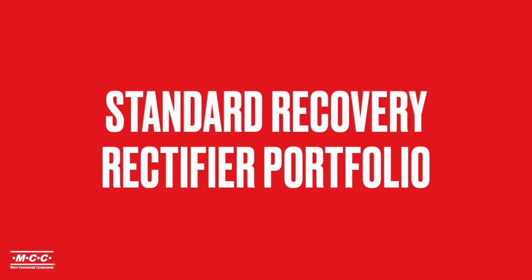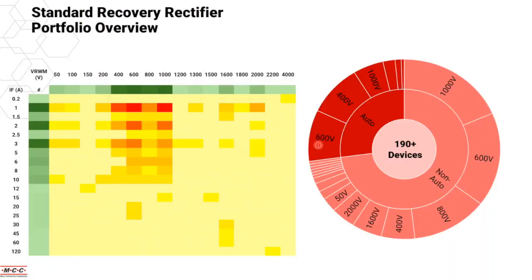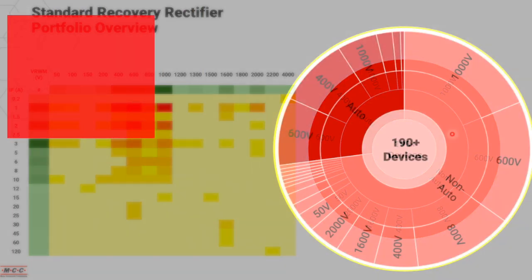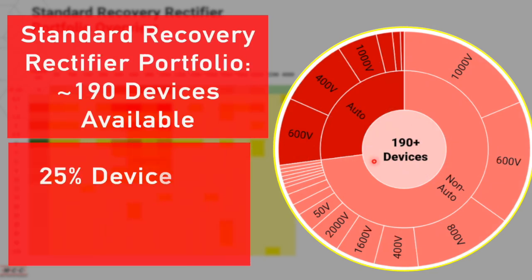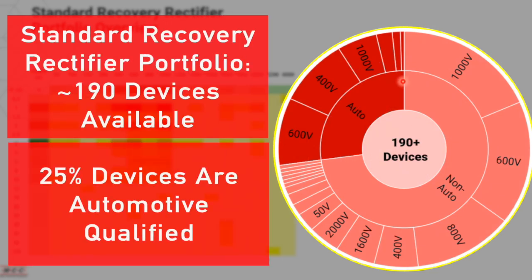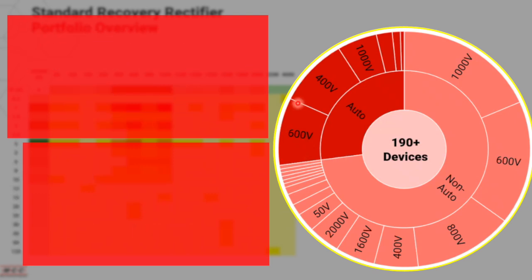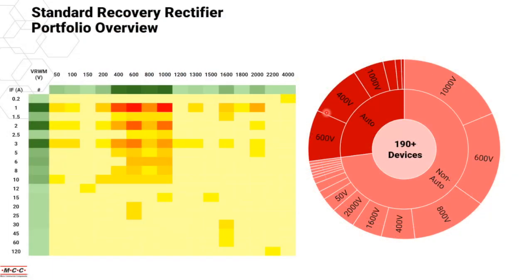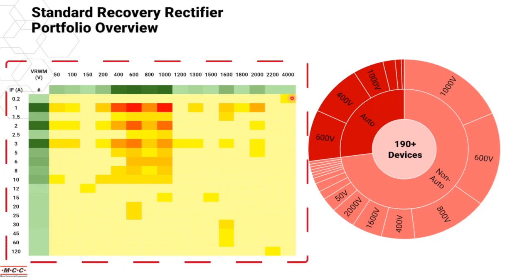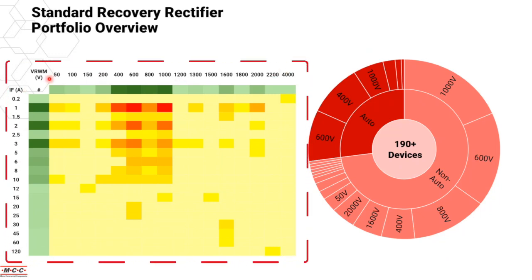If we dive further into our standard recovery rectifier portfolio, you can see we have about 190 devices in our portfolio, and about a quarter of them are automotive qualified. Okay, so if you look at the tables over here, this is the heat map that shows you